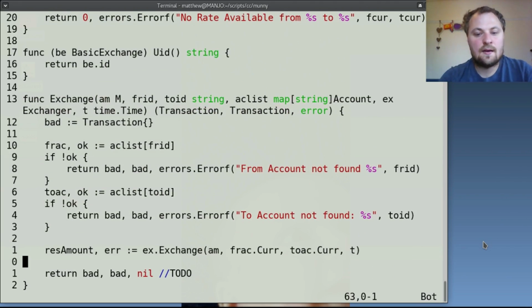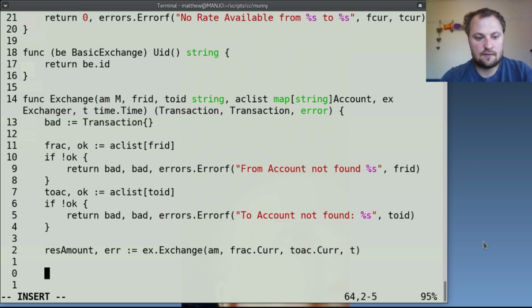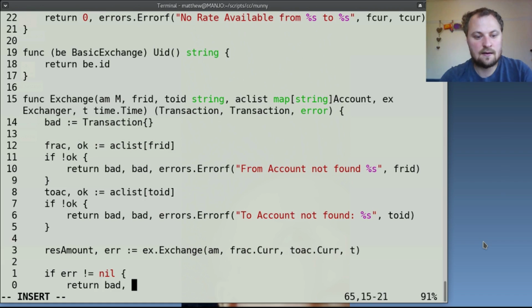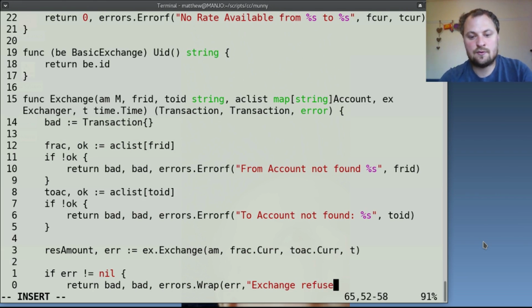So, we now have an amount. We should check if that error is not there. If error does not equal nil, we need to return a thing, right? Return bad errors dot wrap, and we're going to wrap error with "exchange refused"